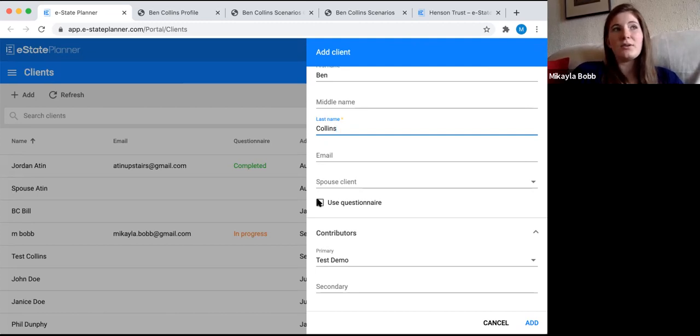And then they basically go through and fill out their profile, family tree, asset, and debt information. And anything they put in that online questionnaire will automatically populate back into your account. So they don't need to send it back to you or anything like that. As long as they save their information, it's just going to automatically populate. So it can save a lot of time with manual data entry,